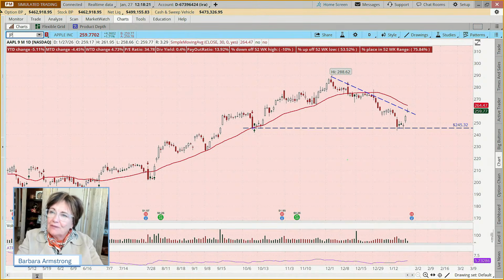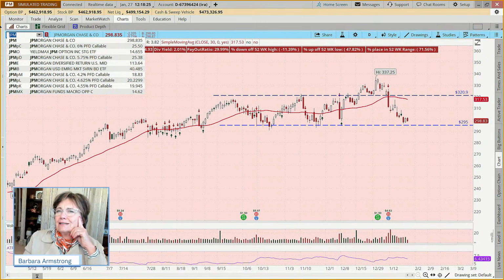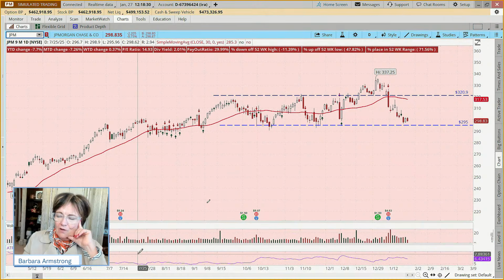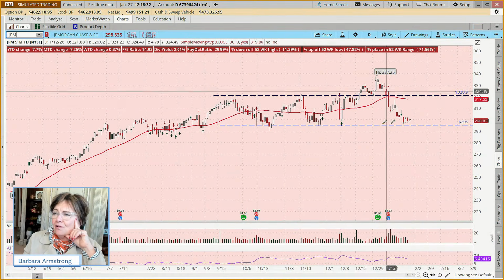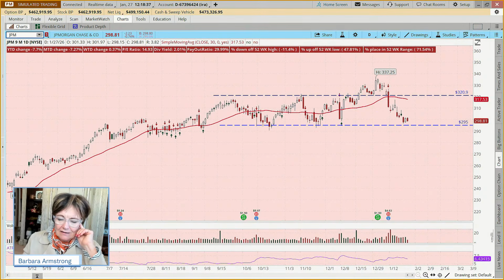So let's look at JP Morgan. Here's another type of chart where we have a support level with a bunch of similar lows, right? So we're calling in our reinforcements. We had 2 days here, and then a couple of days here, and then it came back into the hood again, and it's recently just come down and bounced again.